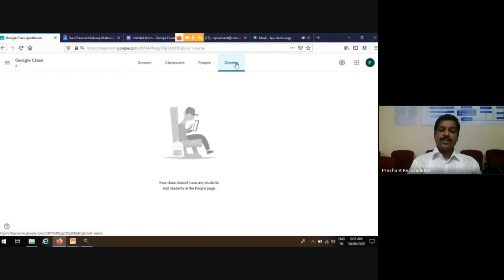Once the student has submitted the assignment, you will get the scorecard of the student here. Each and every student will be displayed, showing how they have submitted the assignment. On top of that, you may evaluate them. If their answers are correct, you may offer them marks, or sometimes automatically, there is an option within Google Forms for what kinds of options or correct answers you want to give within your questions. On behalf of that, the marks are allotted to the students, and that shows within the grade symbols over here. Right now nobody has submitted, because of that I get this screen. Otherwise, I will get the screen of the student.